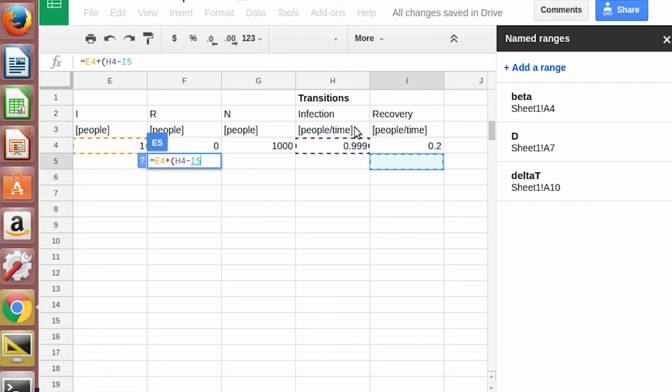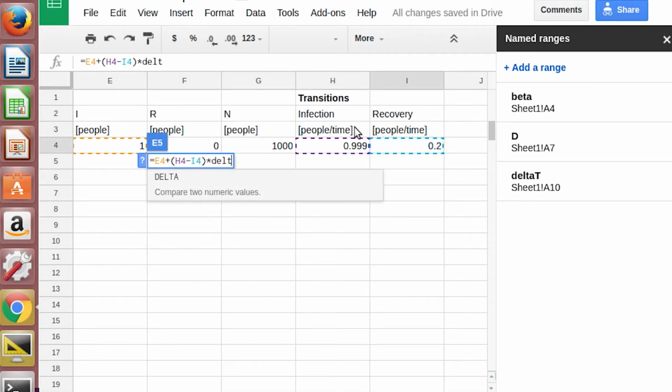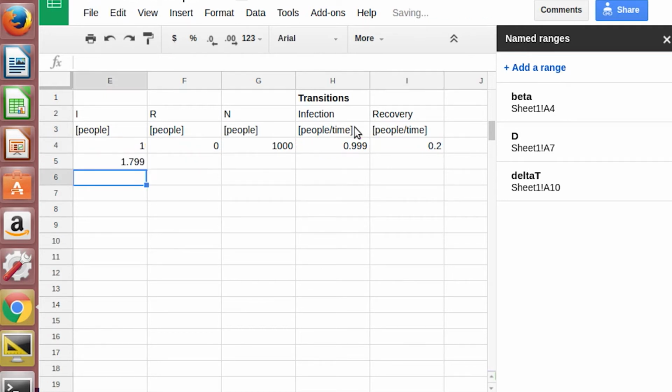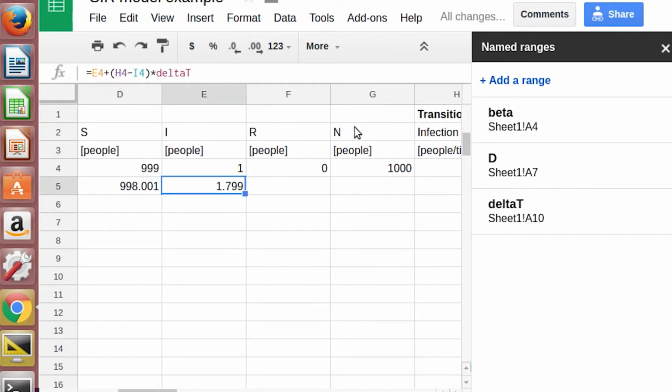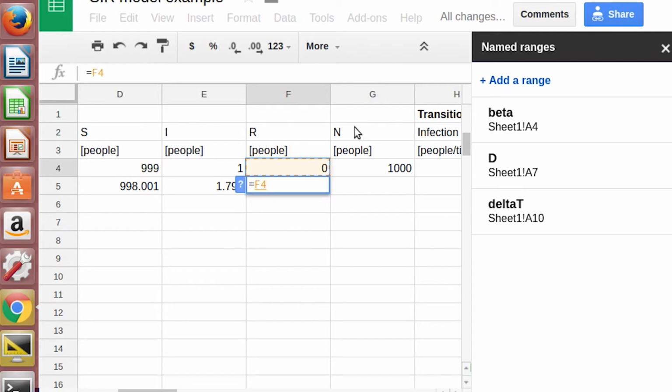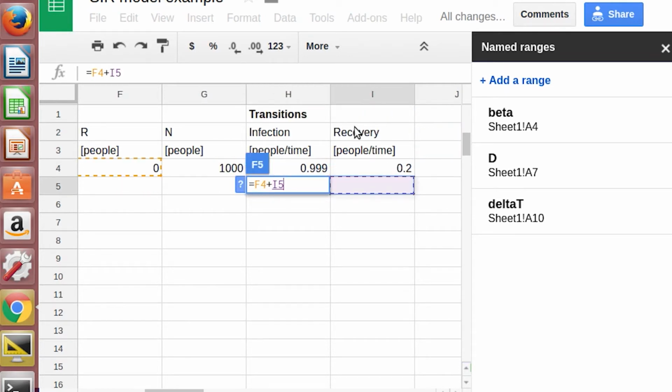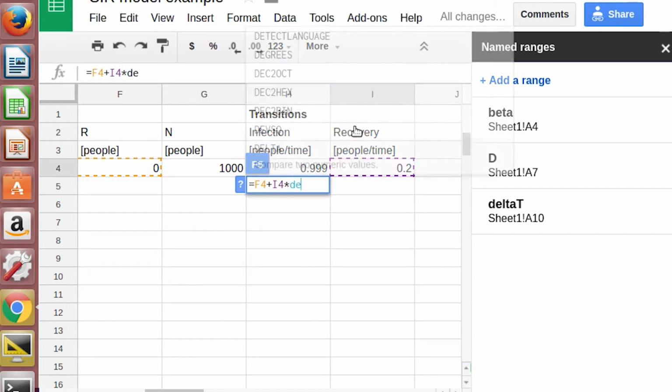Is this big enough? Should I make it a little bigger? Somebody said it was okay, so I'm going to make it a little bigger anyway. And how about R? R is going to be the number in R plus the recoveries times delta t. And now we're excited, N is going to be equal to,